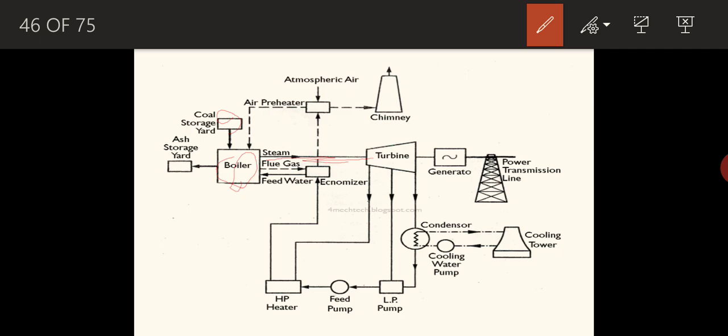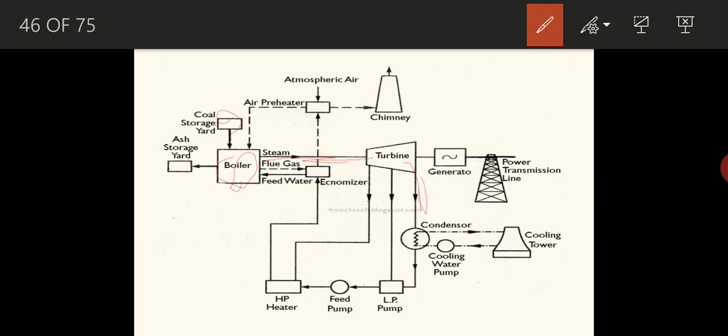Inside the turbine, as we have studied in detail in thermal engineering, there will be blades mounted on the shaft. As the very high pressure steam passes through the blades, the steam will expand. The kinetic energy of the steam is given to the blades, so the blades will be rotating at a very high speed. Once the steam leaves the turbine, its pressure is reduced. So pressure energy is converted into kinetic energy of the blades. That is what is actually happening. High pressure steam enters the turbine and low pressure steam leaves the turbine. This is the steam leaving line.